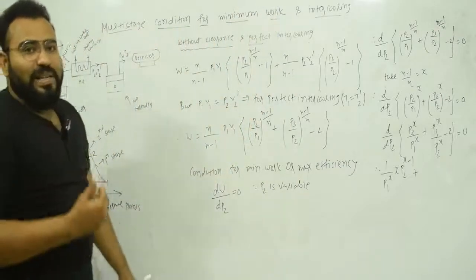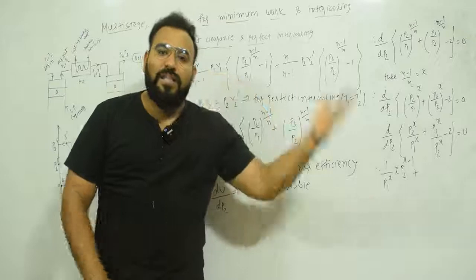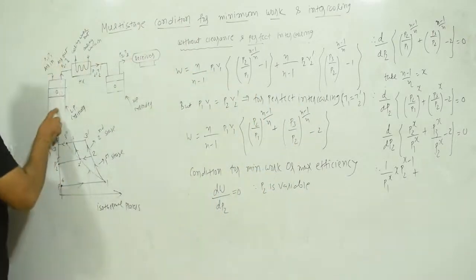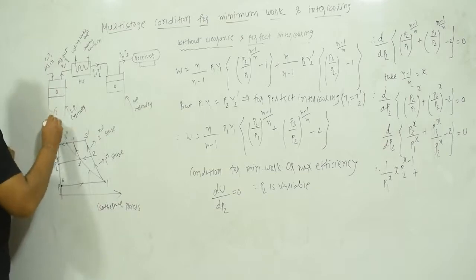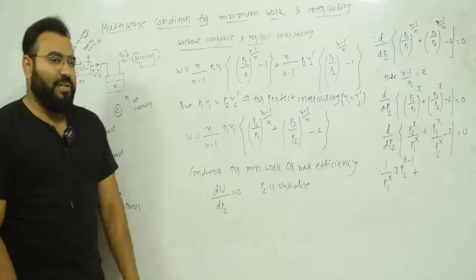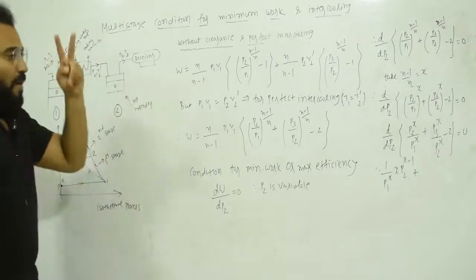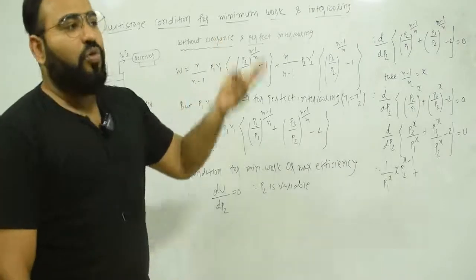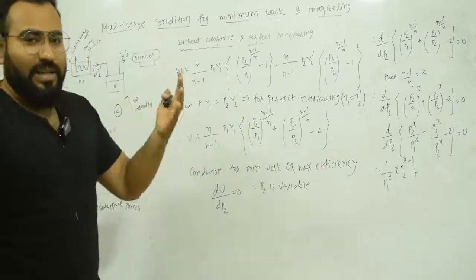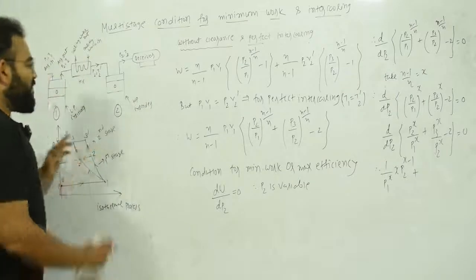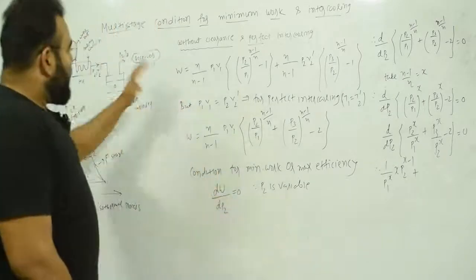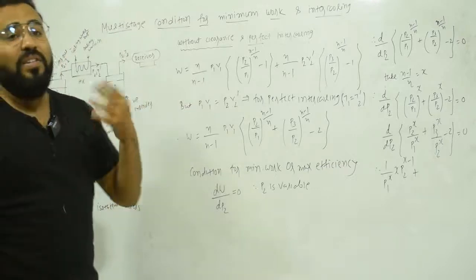When the compression is done in more than one stage, that is known as multi-stage compression. Here you can see that this is compressor number 1 and this is compressor number 2. This is the lower pressure compressor and this is the higher pressure compressor. So here I have done the compression in two stages, so that is known as two-stage compression. More than one stage is multi-stage compression. Here I have used two compressors, that is why it is known as a two-stage compressor. You can use a three-stage compressor, where you have three compressors.